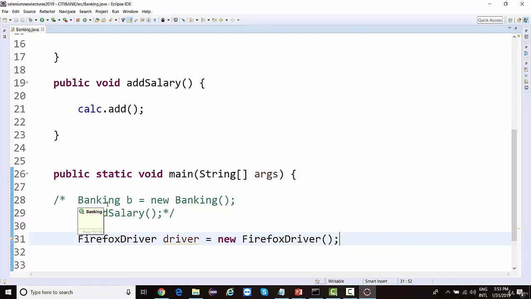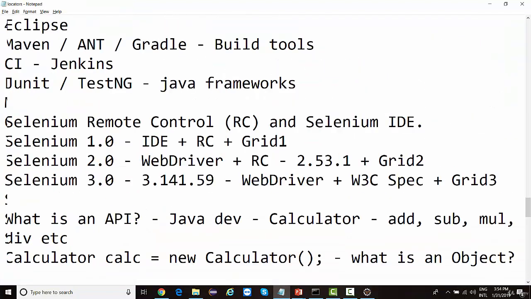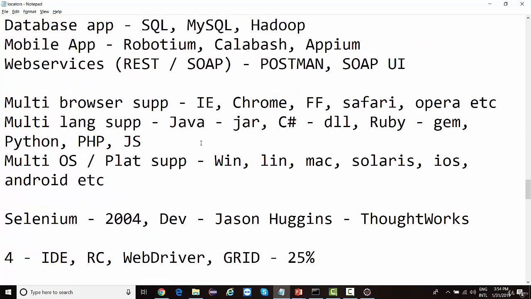An API is basically a project built in any language and used in some third-party projects. So Selenium is designed by a different organization. It was initially started by ThoughtWorks. Then later on, many other companies contributed to the development. Google was one of the major contributors. WebDriver was initially started in Google itself by a developer called Simon Stewart.